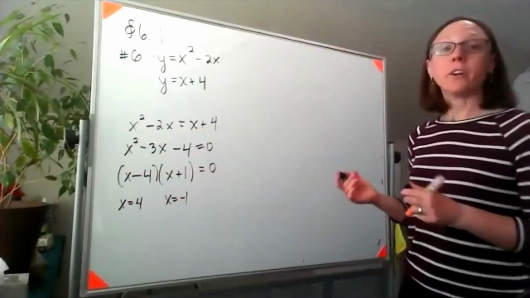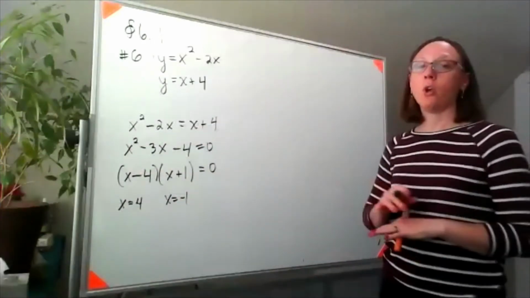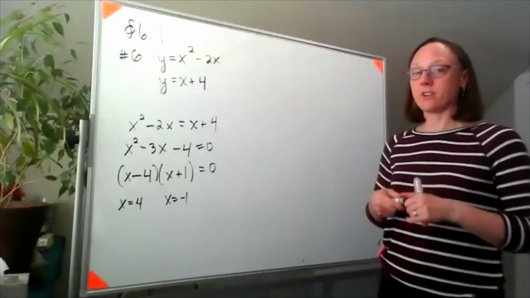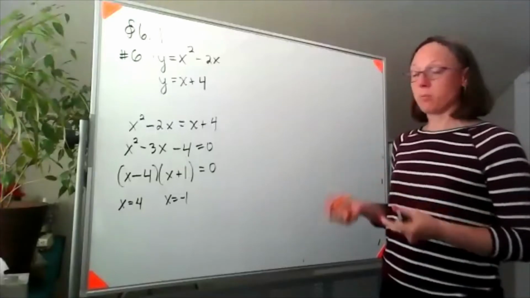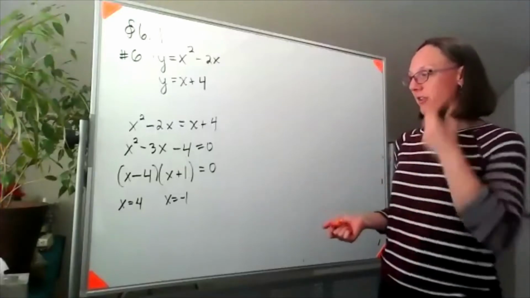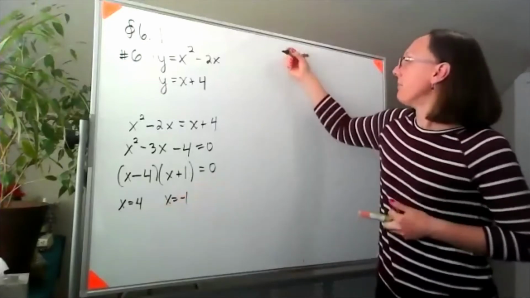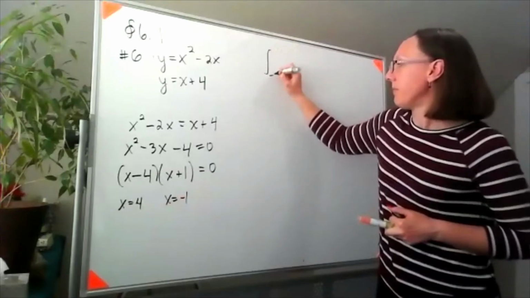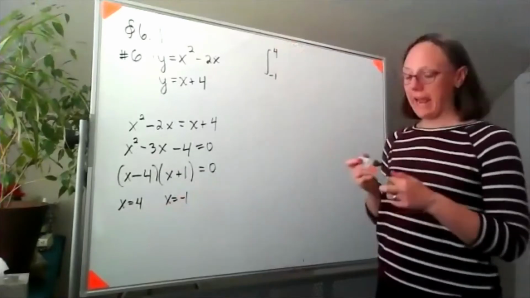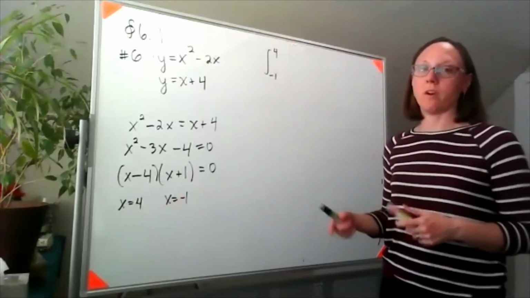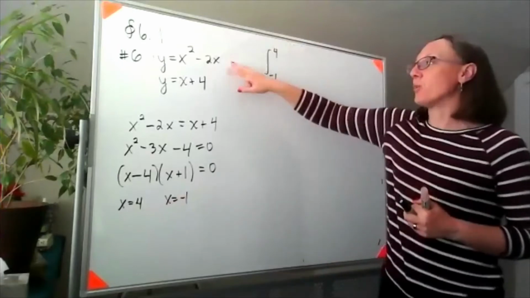The truth is that we could set up our integral right now without even having a picture. And this is a trick that was pointed out in class the other day. I now know my limits of integration. And if we pick a number between negative 1 and 4, we just need to know which of these two